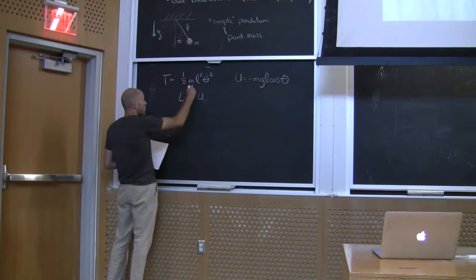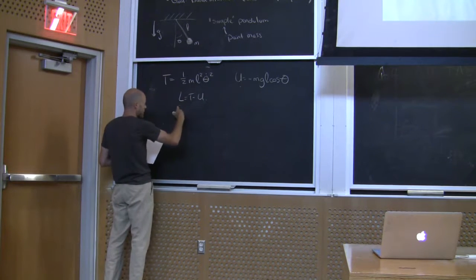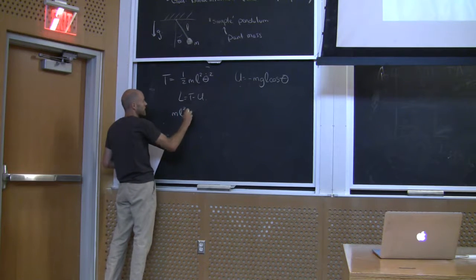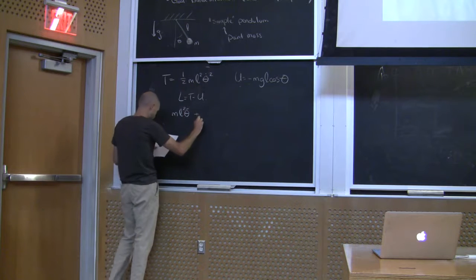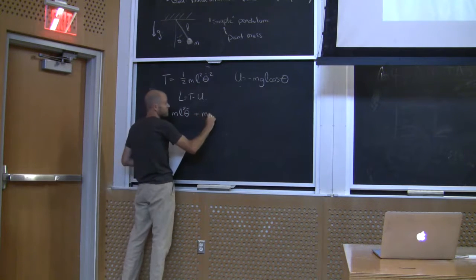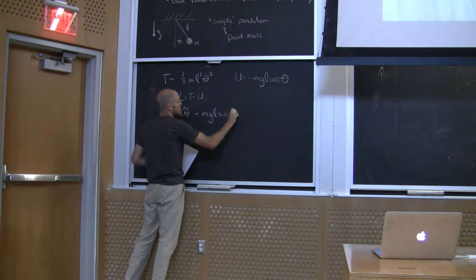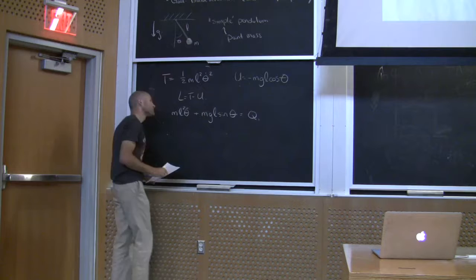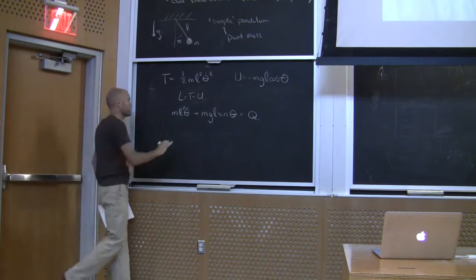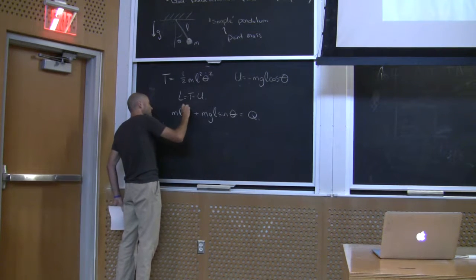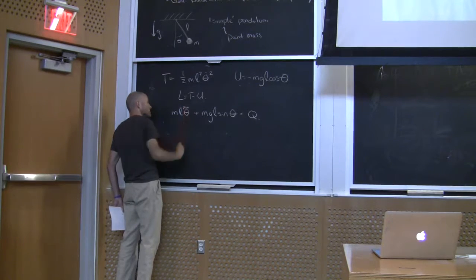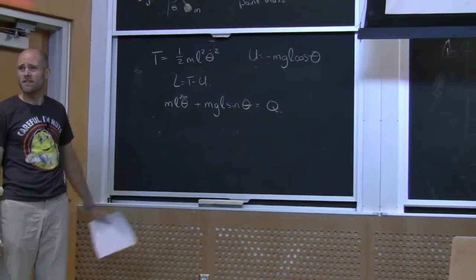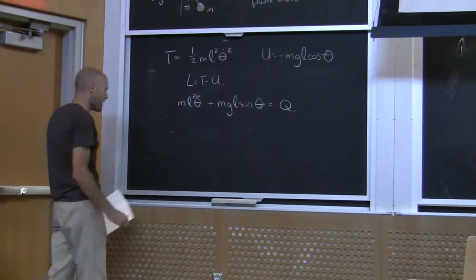So what comes out is, if you take the Lagrangian of this, you get m l squared theta double dot plus m g l sine theta equals some generalized force Q, okay? If my dots are ever not clear back there, I sometimes do them too quickly, just holler, okay? And in general, is the font size okay? Can people see? Yeah? Great. Okay,